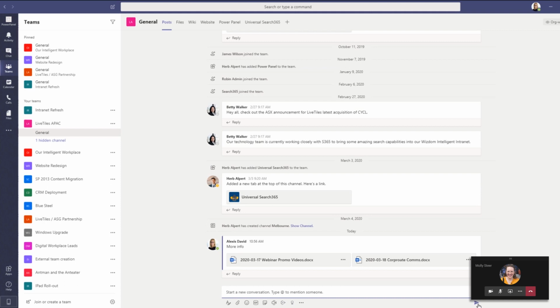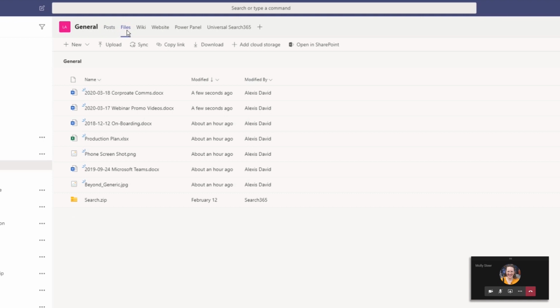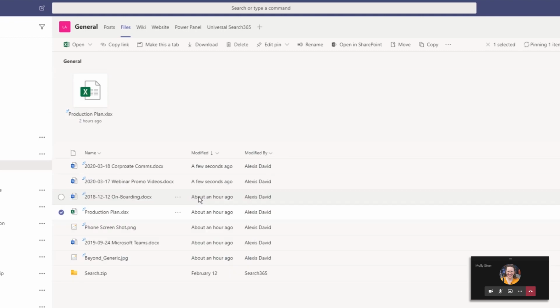In a channel, click on the Files tab up the top. This will show you a list of all the files that have been shared. You can pin important documents to the top of this list by clicking the 3 dots and then Pin to Top. Or, if it's especially important information that people will need to access regularly, you can add it as its